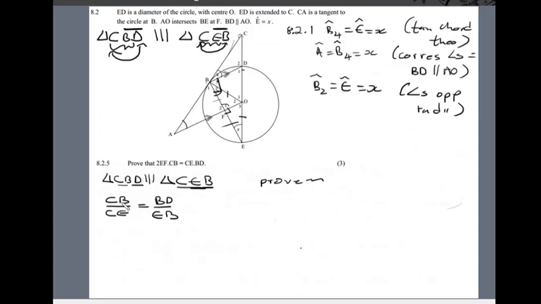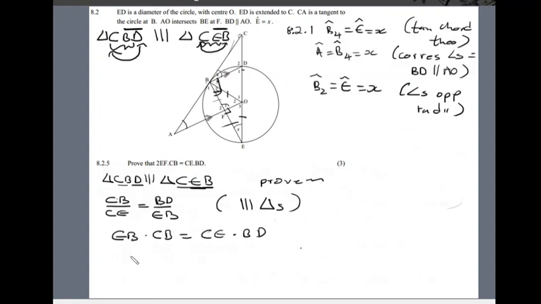So I have CB over CE is equal to BD over EB, yeah? Right? And then I'll cross multiply. We have similar triangles, right? The corresponding sides are in the same proportion. So now if I cross multiply, I'll have EB times CB is equal to CE times BD,